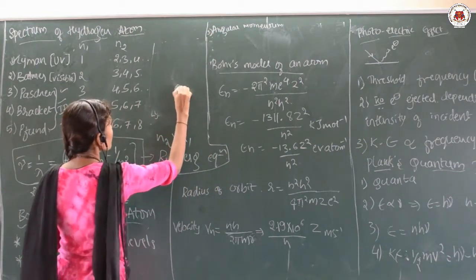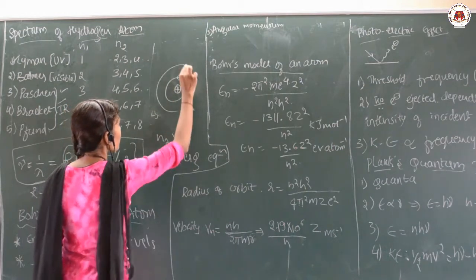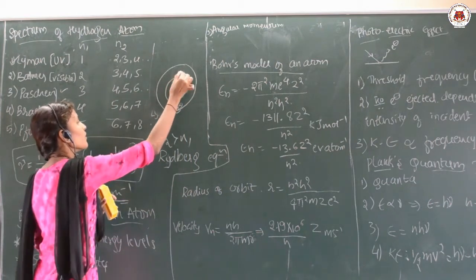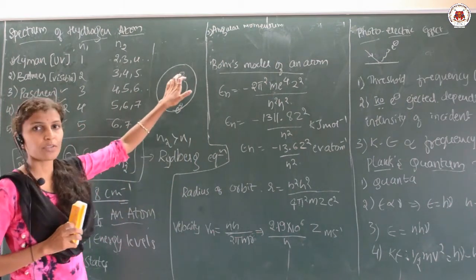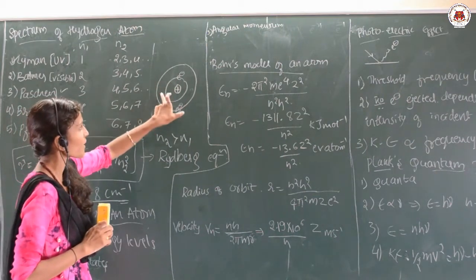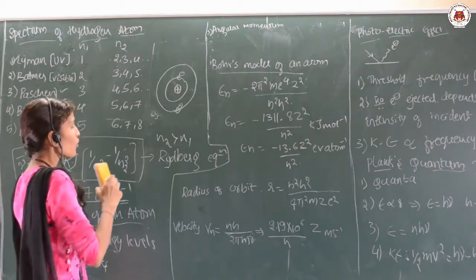This is the nucleus, and here the electrons are revolving around it. The electrons will revolve around the nucleus in certain selected circular orbits, and these orbits have